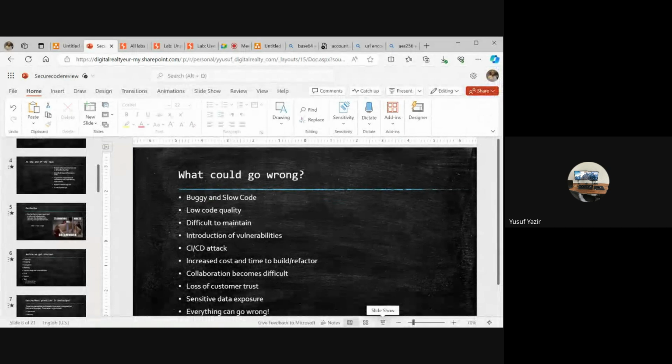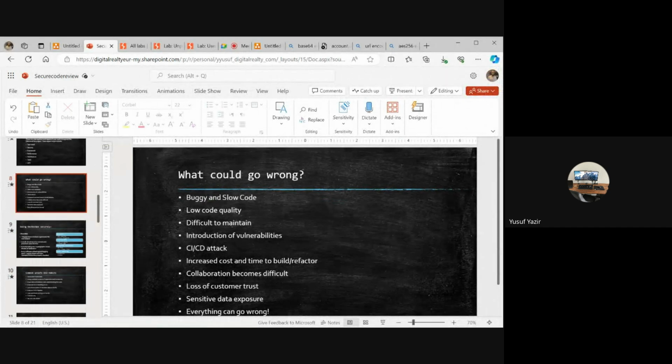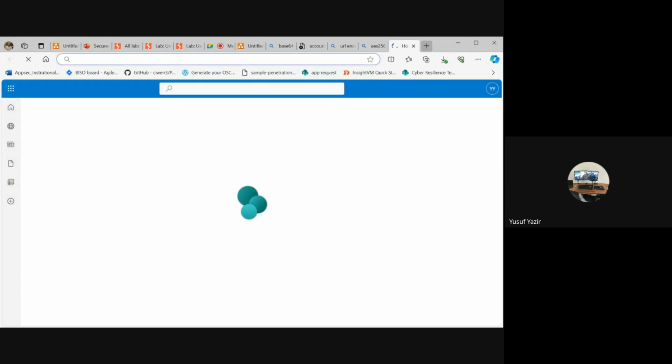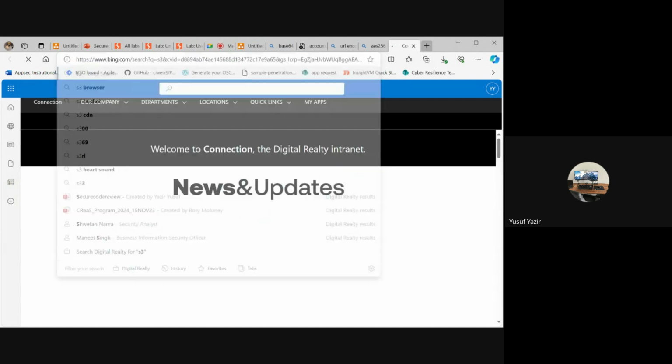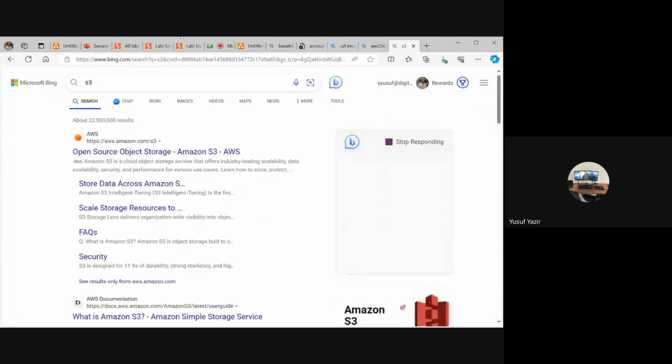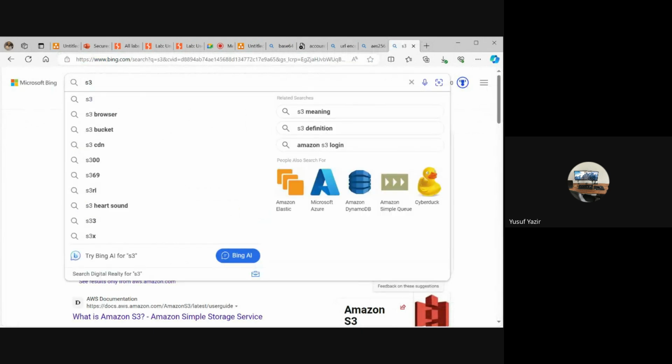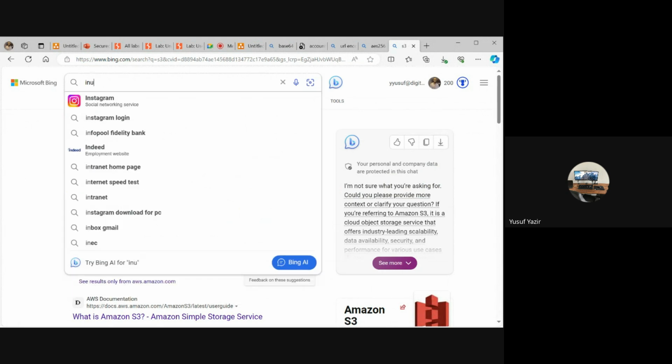We have something we call Google Dorking, for example. I think most of us here know what S3 buckets are. For example, now we can say something like in URL,